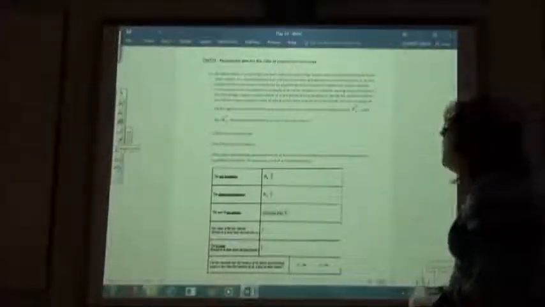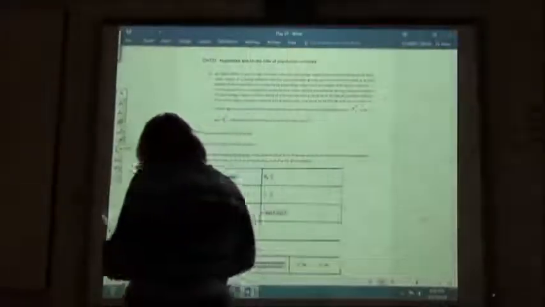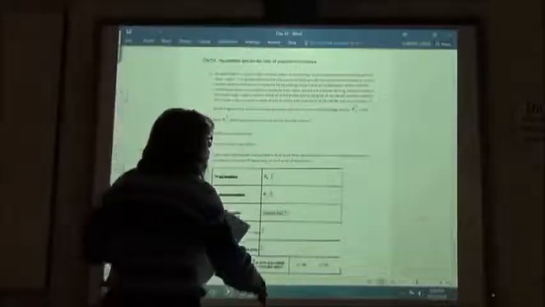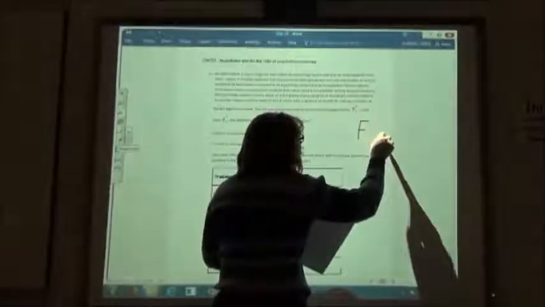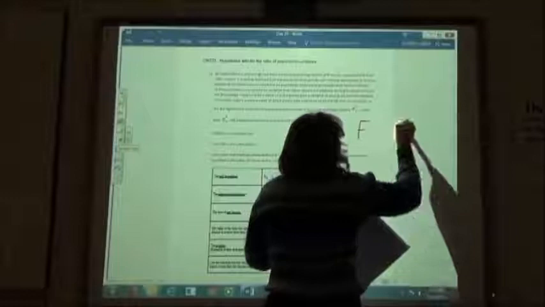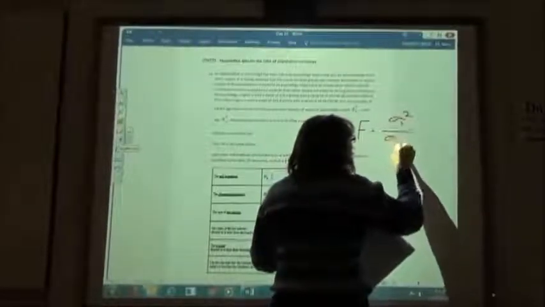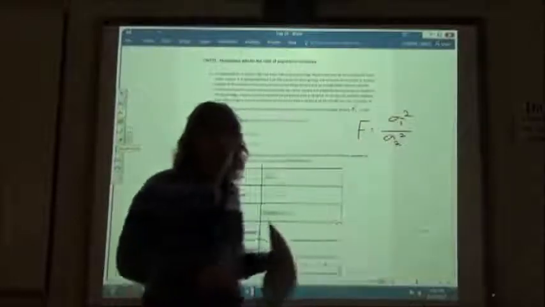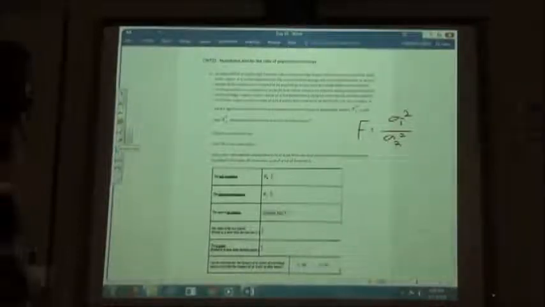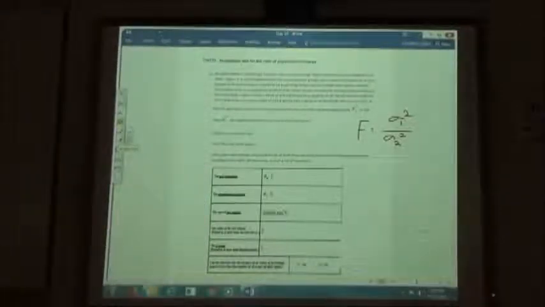Number 13, now we're doing the population variances. That's the one where we calculated the F statistic and we used the variance squared of 1 over the variance squared of 2 at the very end of homework 18. So, on this one, an examination in psychology has been taken by both psychology majors and by some students from